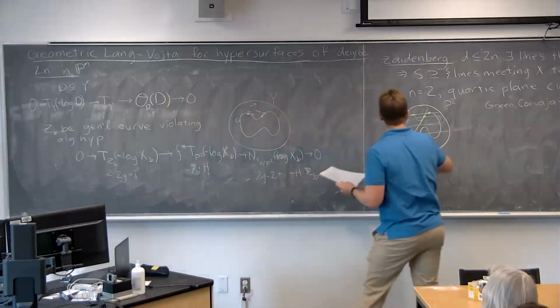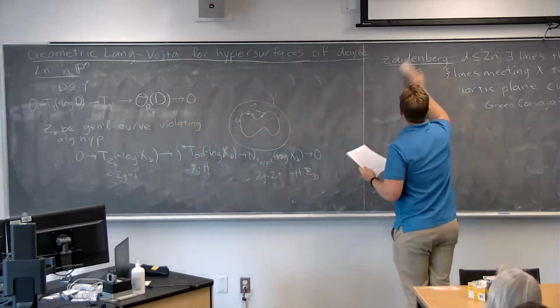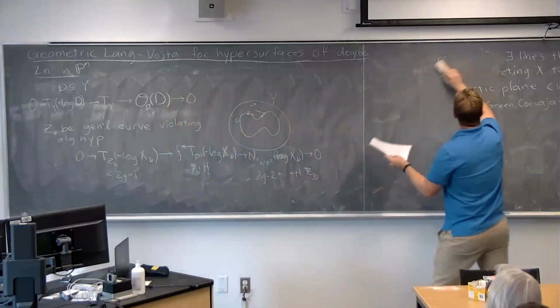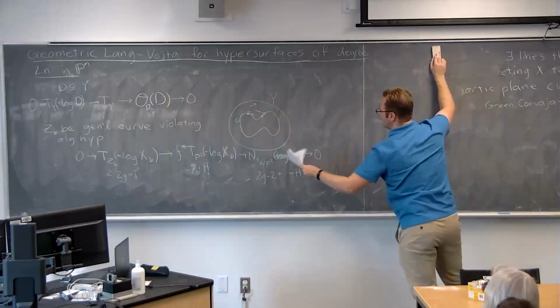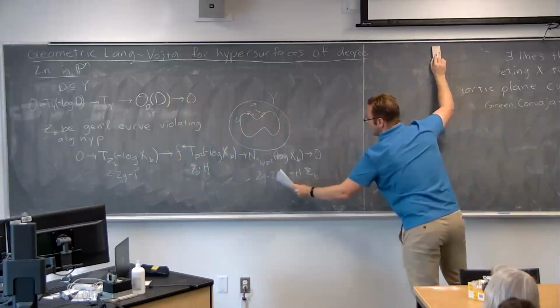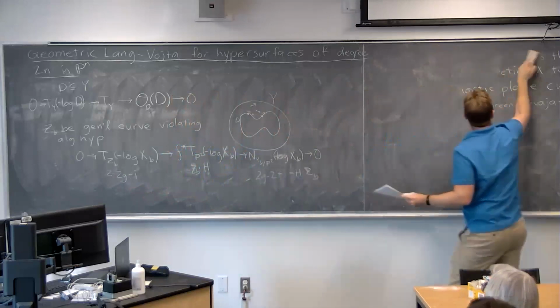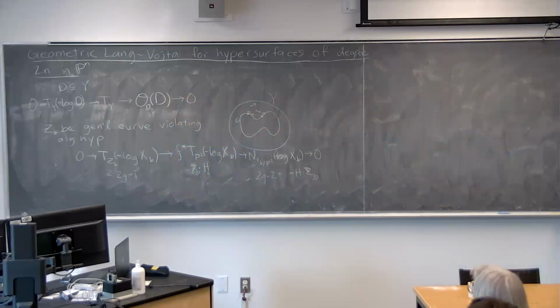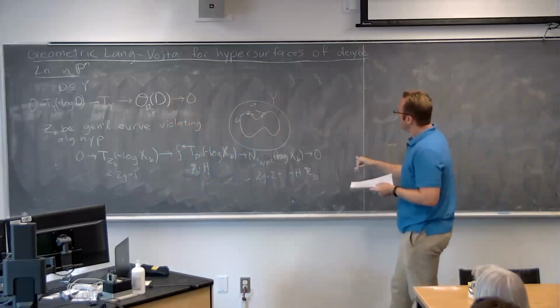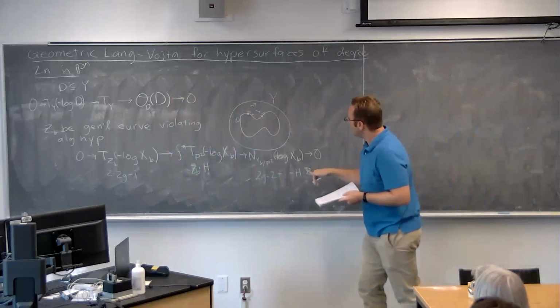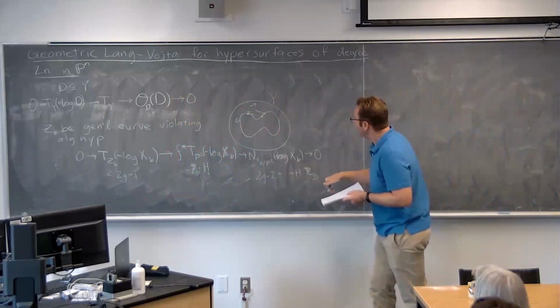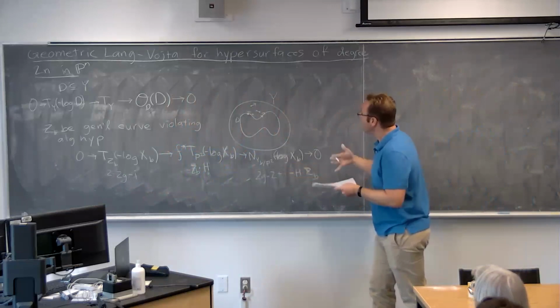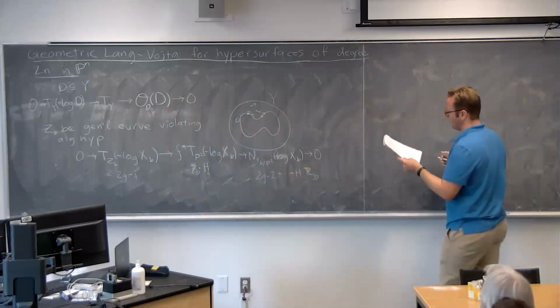And so Pacienza and Rousseau did this, and if you reinterpret what they did, they gave a lower bound on this degree, which gives a lower bound on 2g minus 2 plus i. But what you still need is a better lower bound. But that only works if your curve is not one of the bitangent lines.